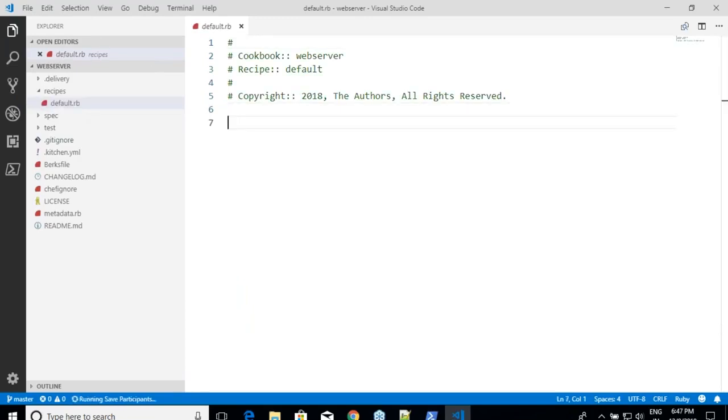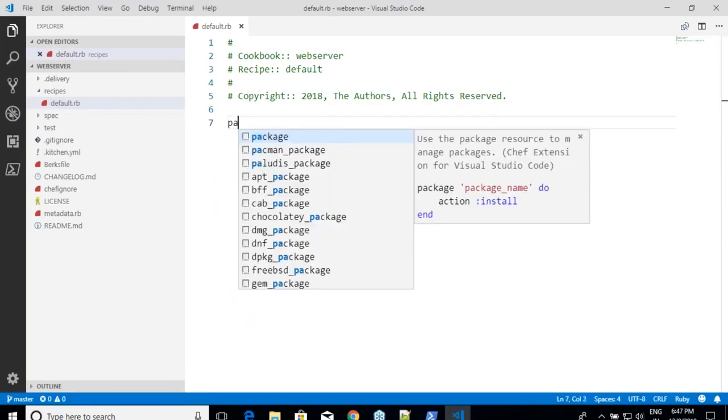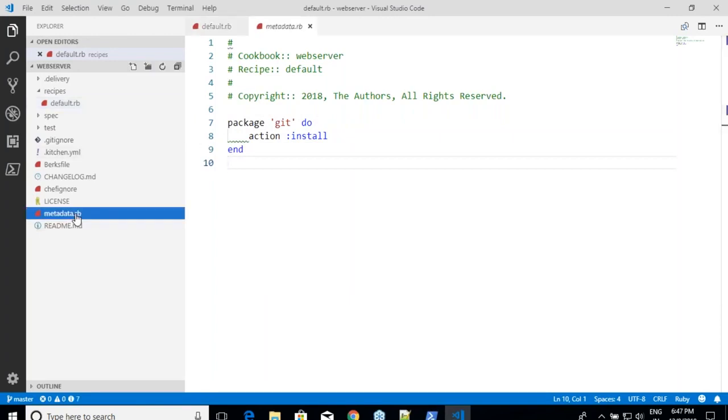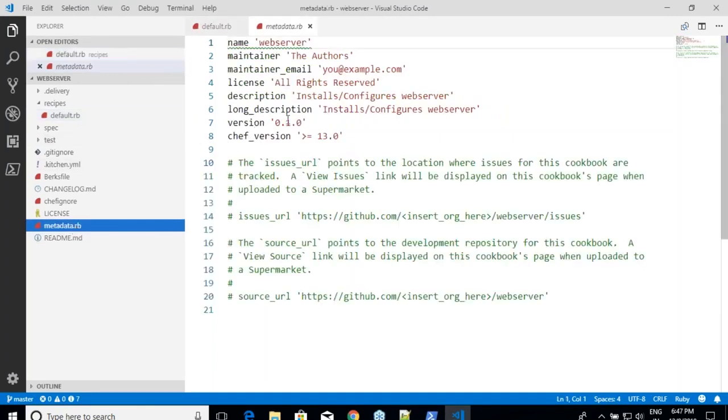And over here, I'll execute package git, action install. That's it. This is what I have over. Okay. I'm installing package git, and I'm changing my version to 1.0. Yes, and then just write quit.